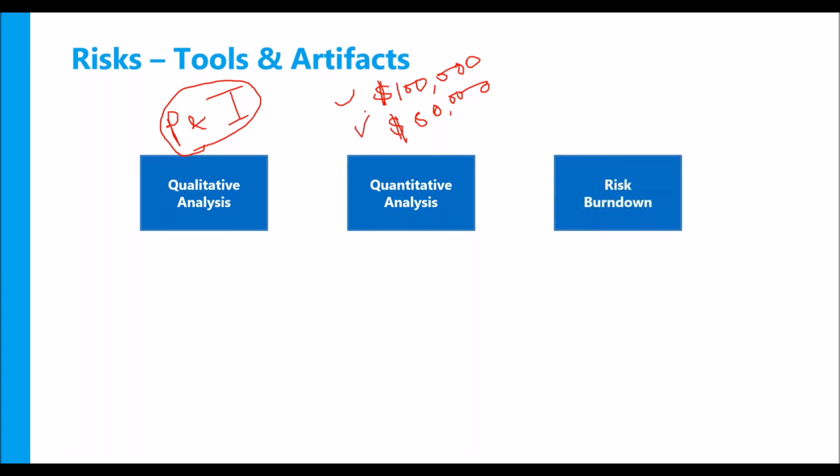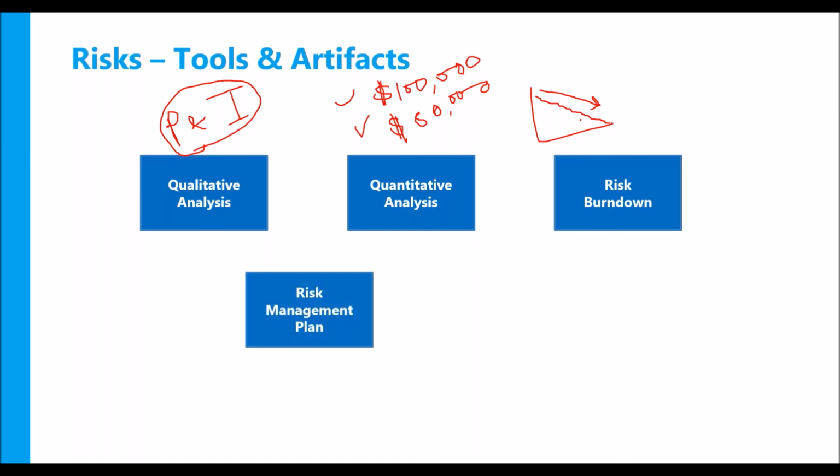Okay. And then we have something called risk burn down. As and when you mitigate and handle risks, it will be a downward going slope, where the risk impact will start going down, right? Your job as a project manager is to have a downward slope for your active risks. And you have a document called risk management plan, where you document how you handle risks if they come, or mitigate risk when it comes. And you use certain tools like decision tree, typically for doing quantitative analysis of your risks.